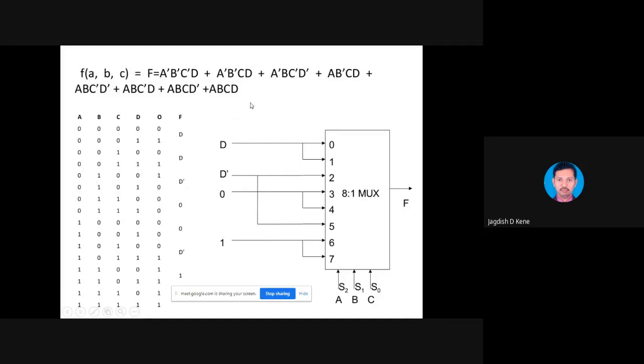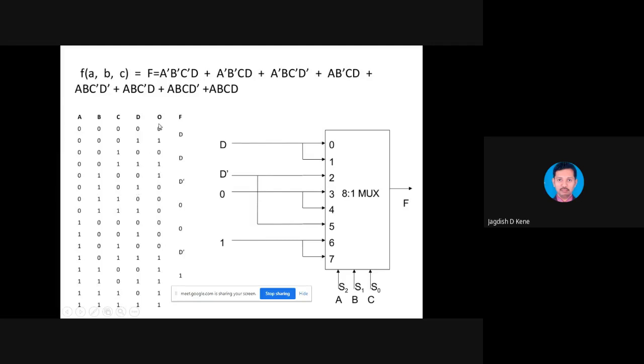Next term. So what is the next term? 0100. So for that we have considered that the output is 1. That's why it will be inversely proportional to D. Earlier it is 0, 1, but now for the same combination 0, 1, 0, 0 and 0, 1, 0, 1, we have a D bar.